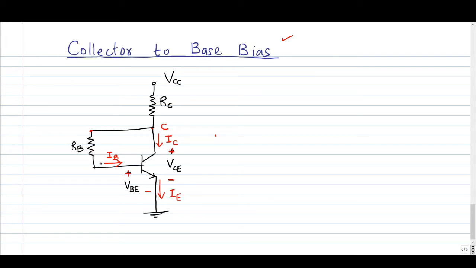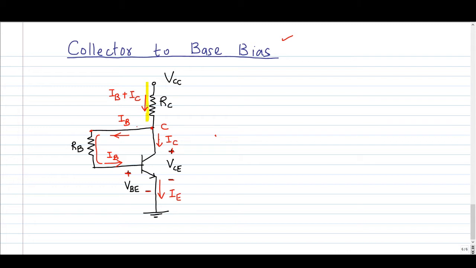So you can see that the same current IB is flowing through RB, so this current is IB. If you apply KCL at this point C, you can write the current flowing through RC. So the current flowing through RC will be the sum of these two currents, so it is IB plus IC. Okay. Now we can write